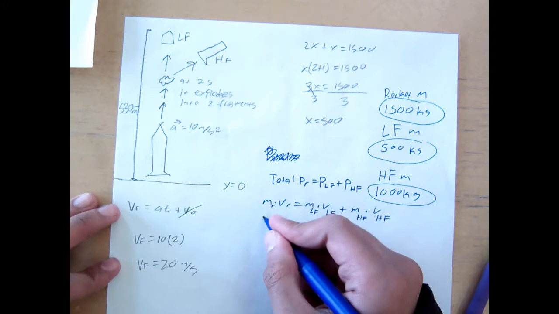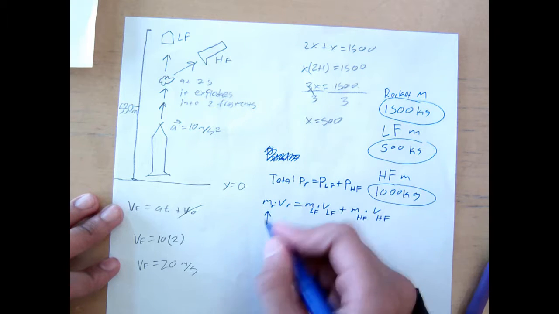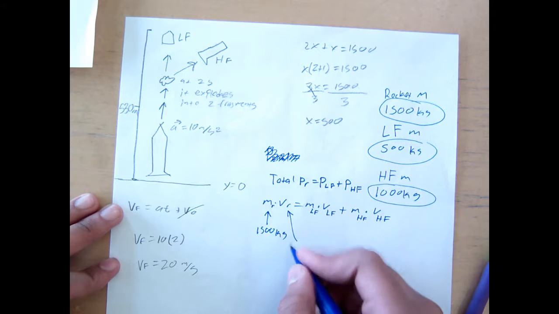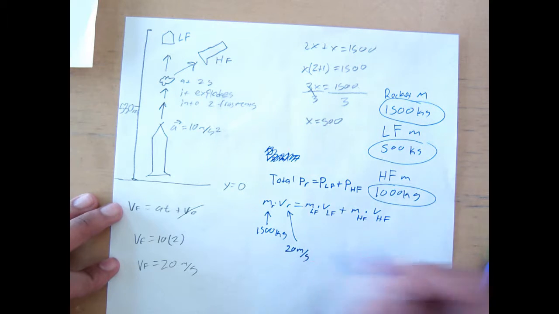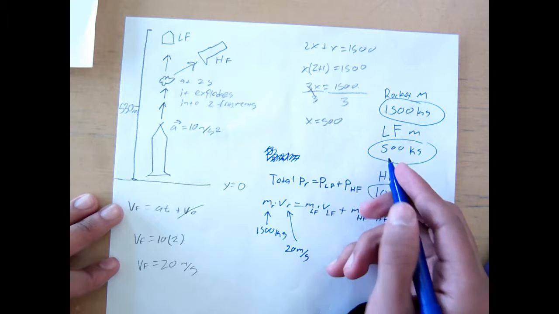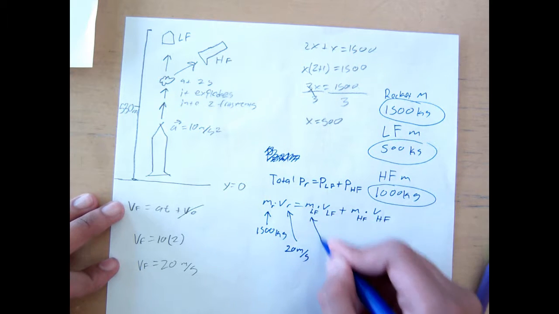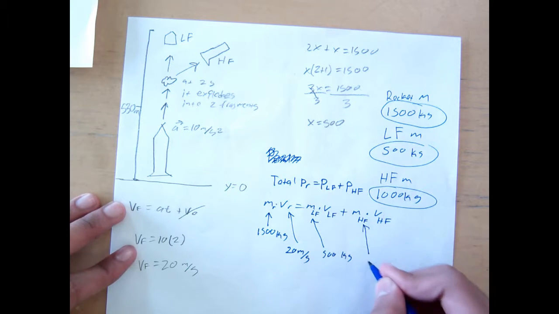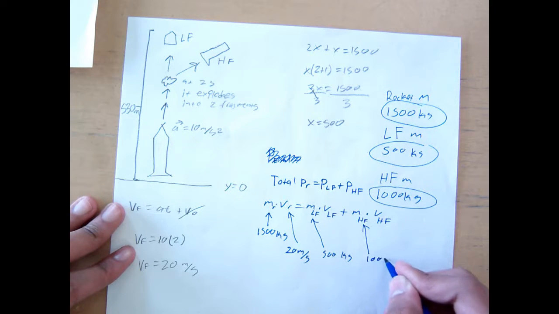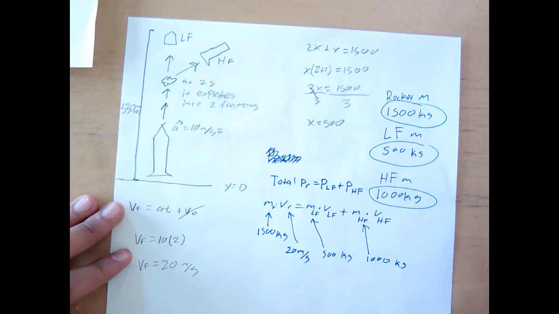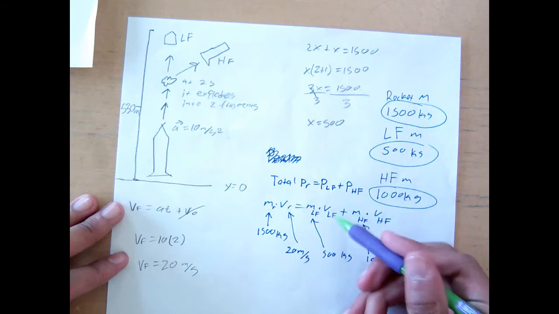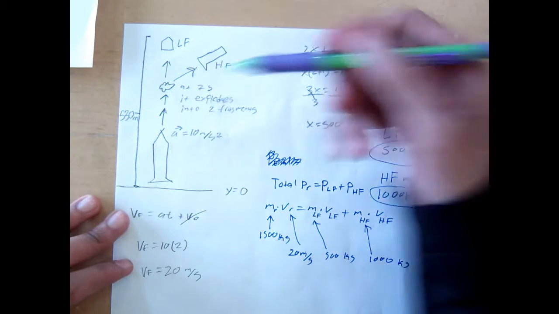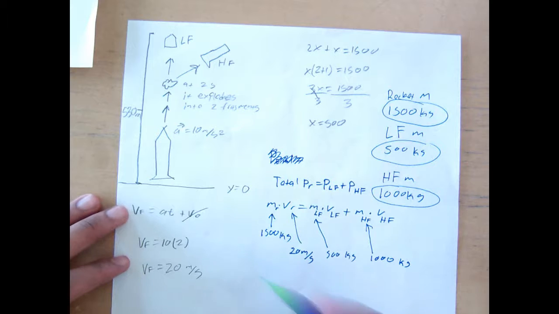So for here we can say it's 1,500 kilograms at 20 meters per second. The mass of the lighter fragment we already established was 500 kilograms, and the mass of the heavier fragment was 1,000 kilograms. Now all that's left is to find the velocity of the lighter fragment and the velocity of the heavier fragment. In order to do that, we would need to use the equation